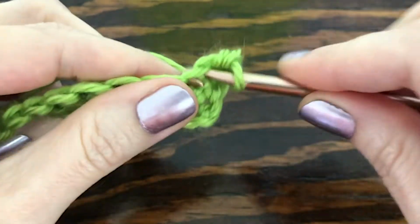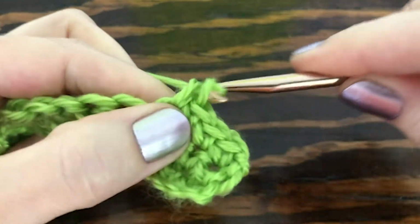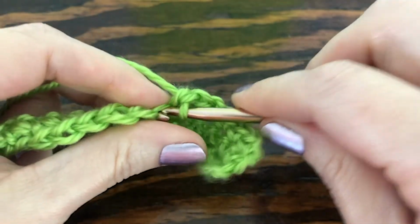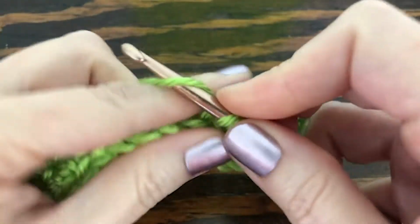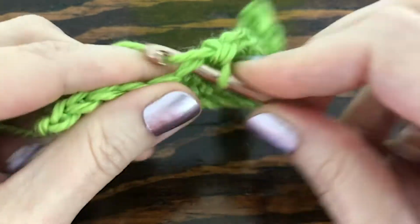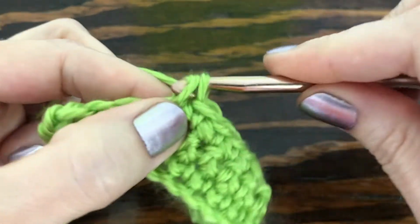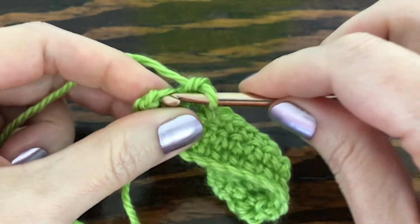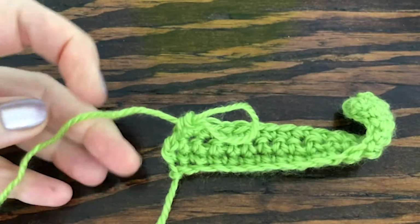1, 2, 3, 4, 5, 6, 7, 8, 9, 10, 11, 12, 13, 14, 15, 16, and 17. Now this is going to finish out our first color, so all we're going to do is just